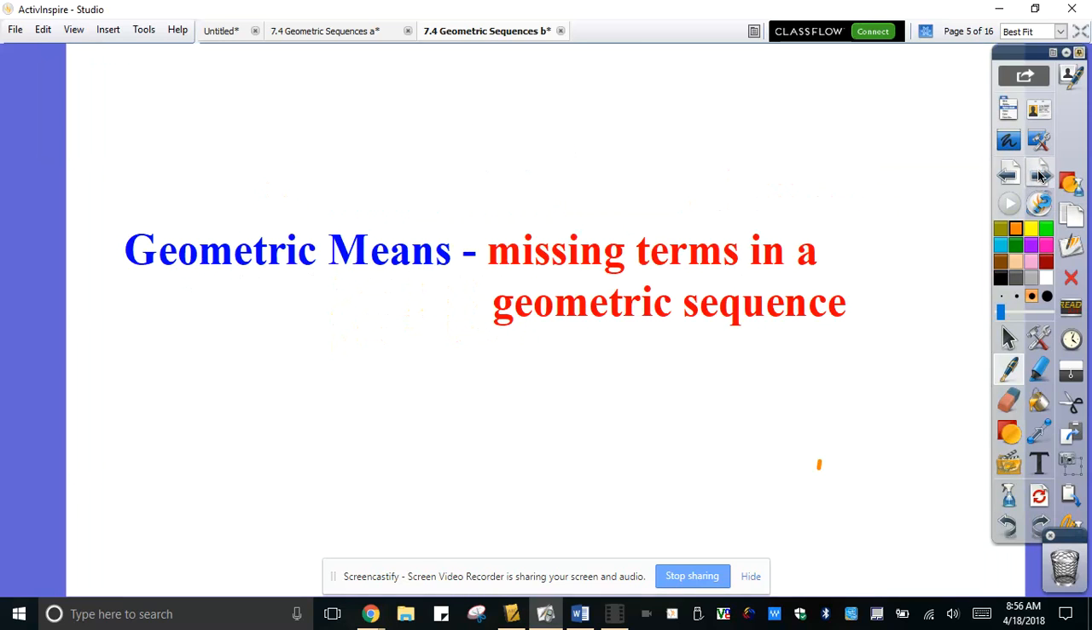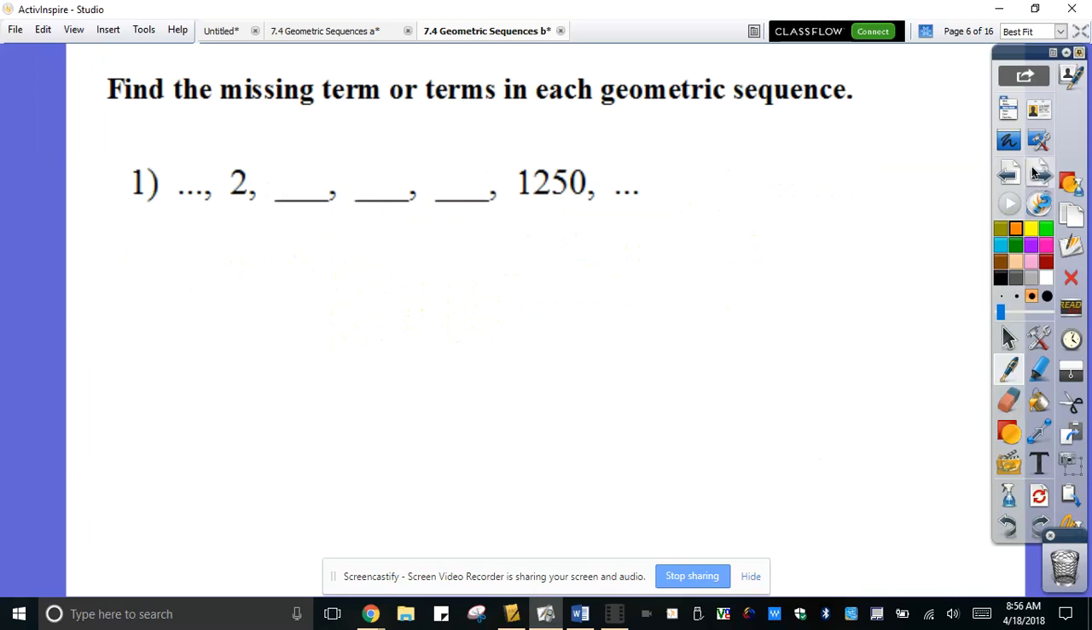So again, geometric means are the missing terms in a geometric sequence. Okay? How do we find them? Let me give you an example. Find the missing term or terms in each geometric sequence. First, the dot dot dot means there are more terms to the left of 2, and more to the right of 1250, which means it's infinite. Just keep going. Let's assume that this is the first term, this is the second term, third term, fourth term,